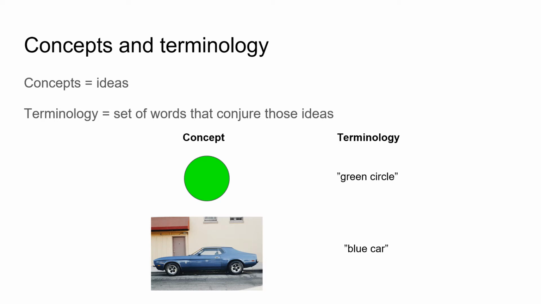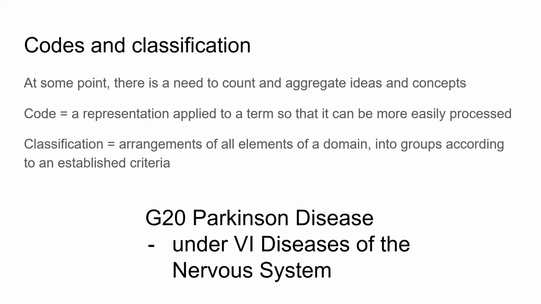The level of detail humans use for expressing their thoughts is limitless. At some point, we need to start counting and aggregating ideas and concepts so we can have a better understanding of patterns in the world. What is the most common infection among Asians? What treatment works best for breast cancer? In order to do this, we start classifying these ideas and concepts into groups, and then we assign a code